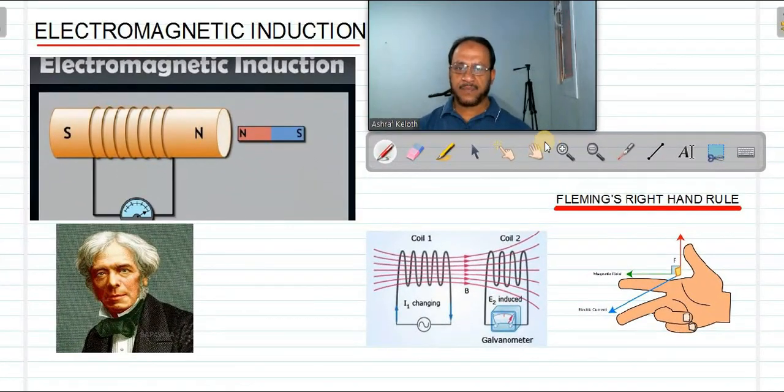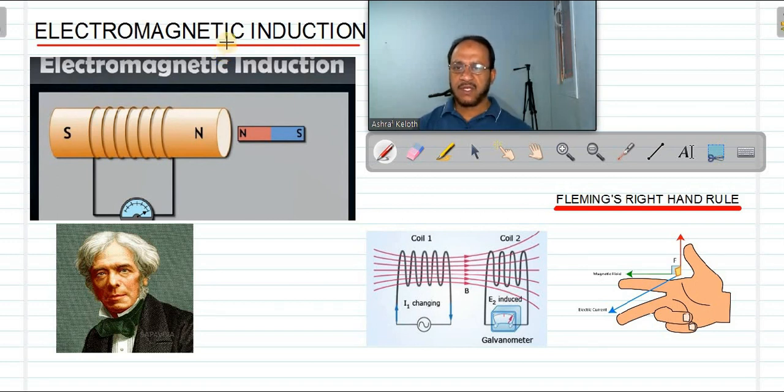This is the second half of the lesson. In the first part of the lesson, we discussed different types of magnetic field, the different patterns of magnetic field generated due to the flow of current in different shapes of conductors. The first one we have seen: when current passes through a straight conductor, it produces concentric circles of magnetic field